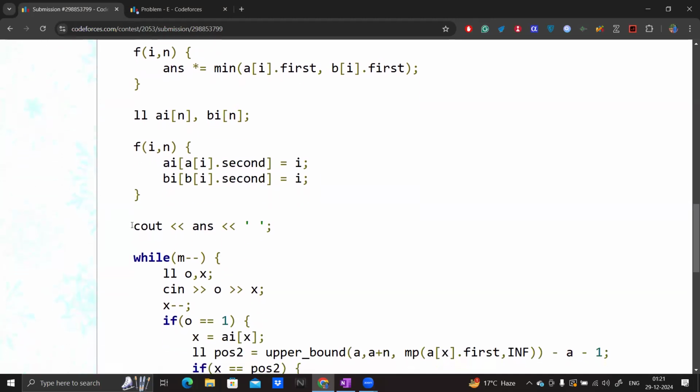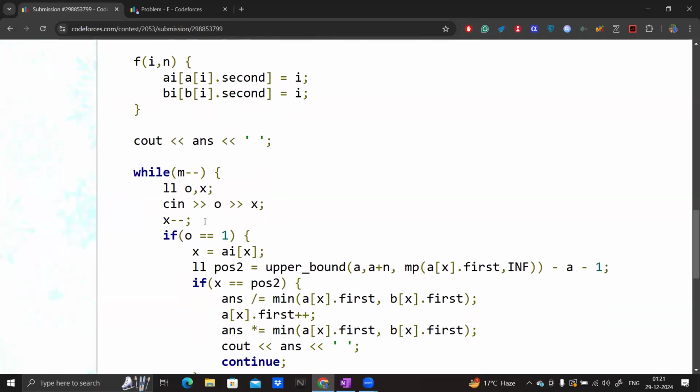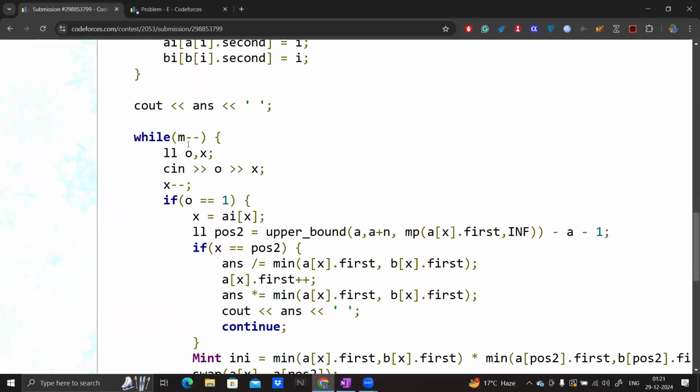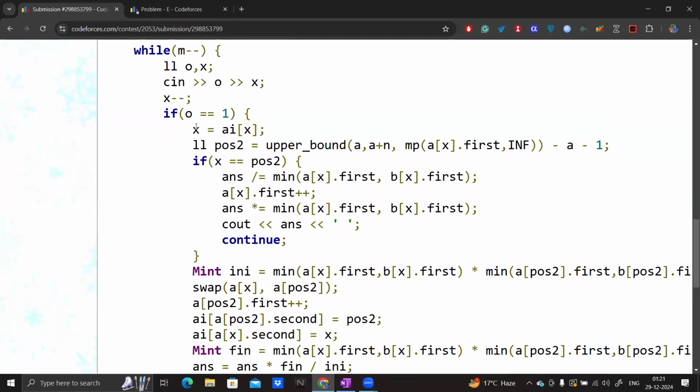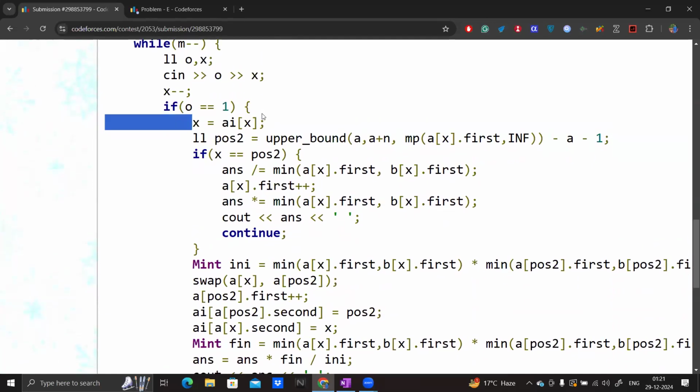Then I just print the answer before the queries, and then I handle the queries. So I take the O and X, and decrease the X because of indexing. Then if O is 1, then I update the A. And x is equal to ai of x. What this does is,